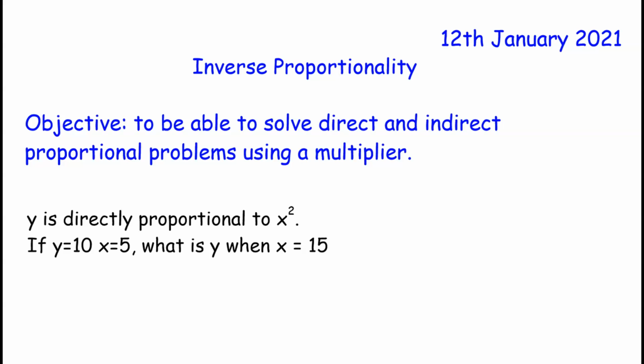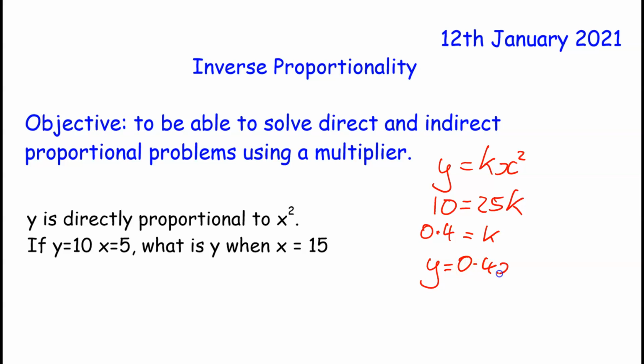Okay, so hopefully you've had some success. Look back at what you did yesterday. Y is equal to kx squared. Remember this constant of proportionality. Now I'm going to put my values in that I've got. So I'm going to square the 5. So k is actually equal to 10 over 25, which is 2/5 or 0.4. So now we've got our formula, y equals 0.4x squared, but we're told to work out y when x is